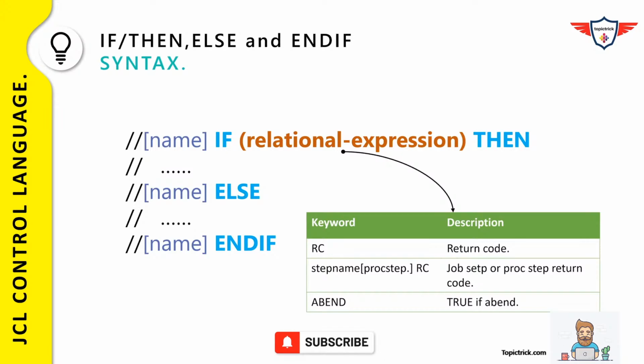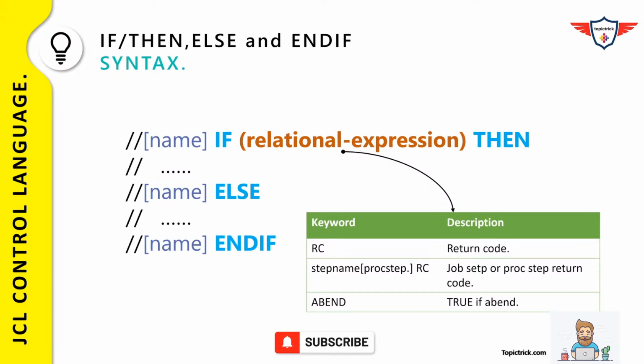And if required, you can code an ELSE statement followed by whatever JCL statements you want to execute in case the condition is false. And finally, you end the conditional structure with ENDIF. So with the help of an if-then-else statement, you can specify conditions in your JCL, and it works in the same way as if you are coding an if-then-else statement in COBOL, Java, C++, or any other high-level